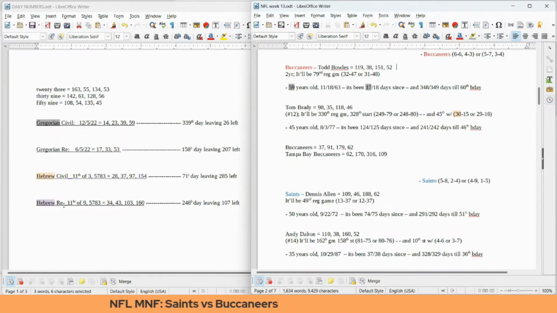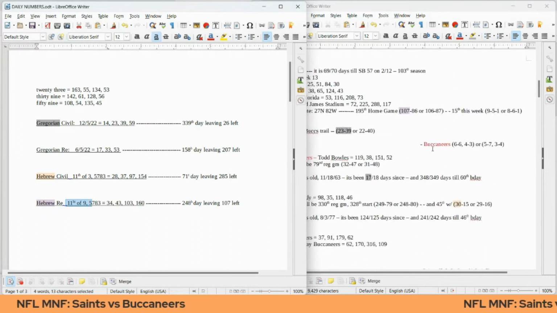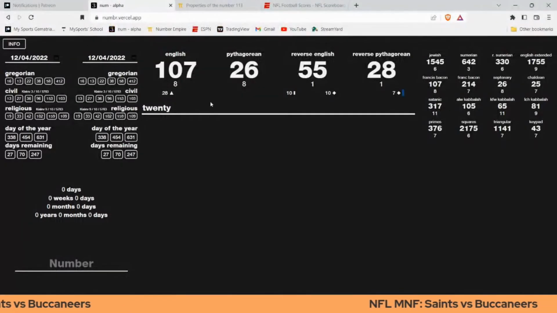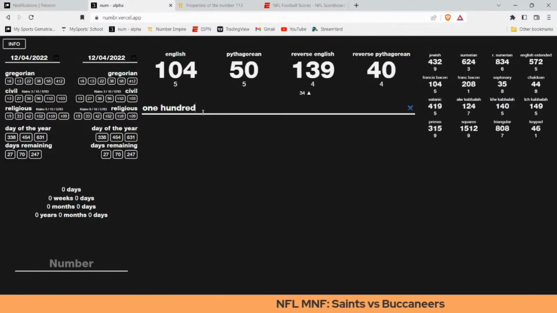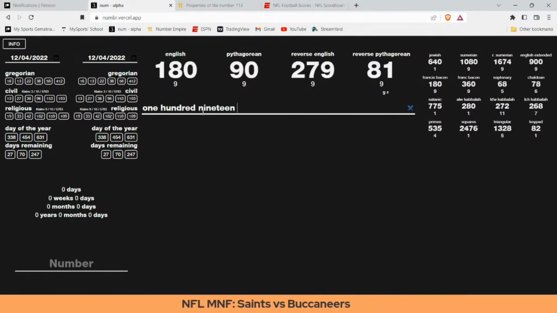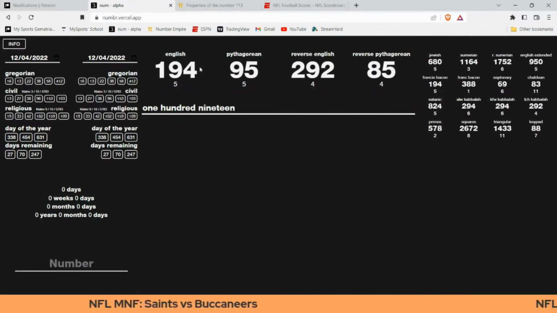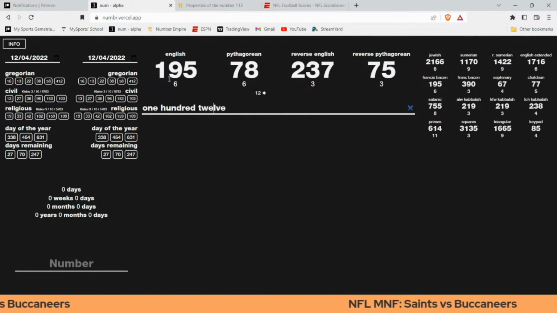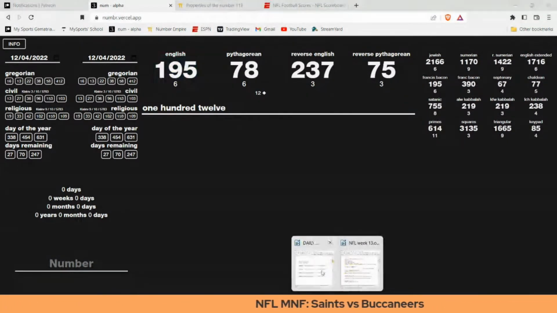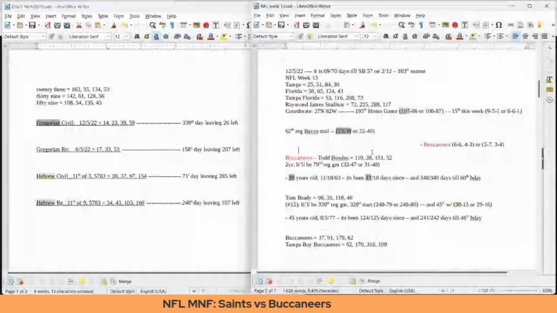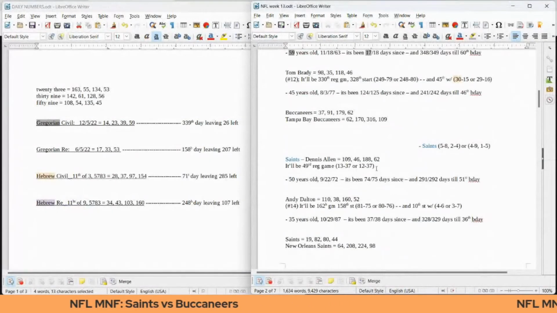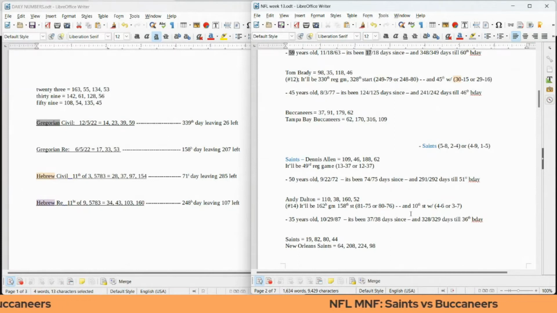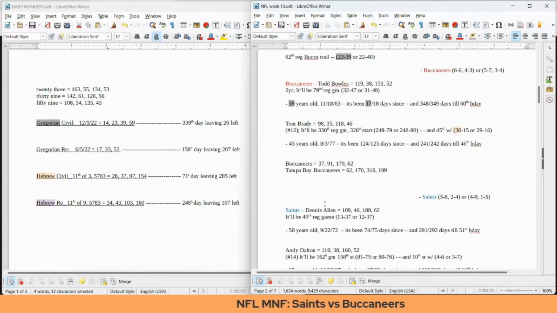I don't think 119 sums to 195. I think it sums to 194. Hold on one second. Yeah, it sums to 194. It's 112 that sums to 195. So let's see if there's a 112 sitting somewhere. No, I'm not seeing any.